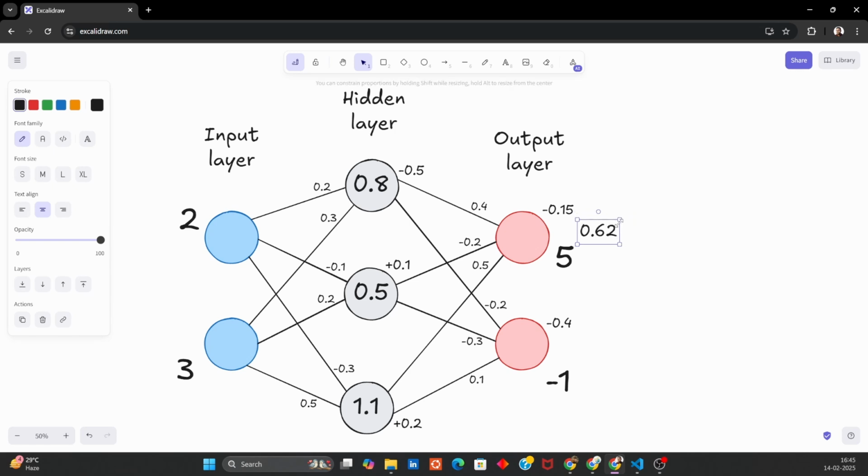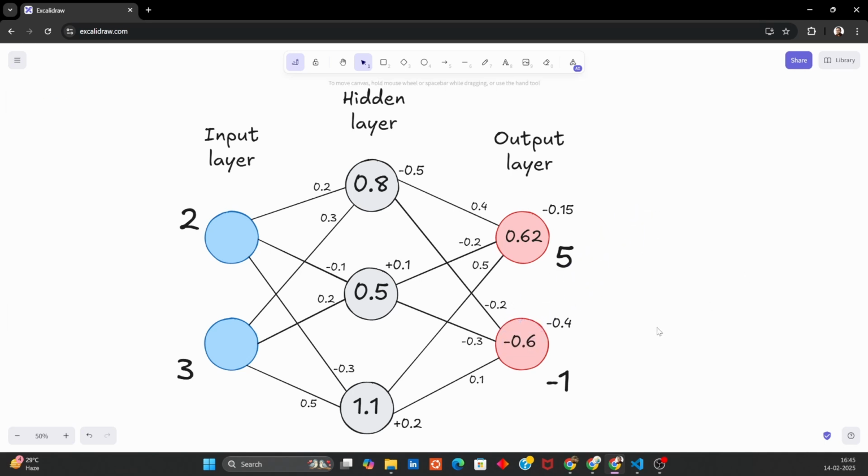Let me make it smaller, we don't have enough space. 0.62 and we have a minus 0.6. So now the given output value is 5 and the value we are getting is 0.62. And here the given value is minus 1 and the value we are getting is minus 0.6. So there is a huge difference. Here the difference is 4.38 and here it is, I believe, minus 0.4. Huge difference. So depending on whatever errors we have, so this can be called errors, we have to